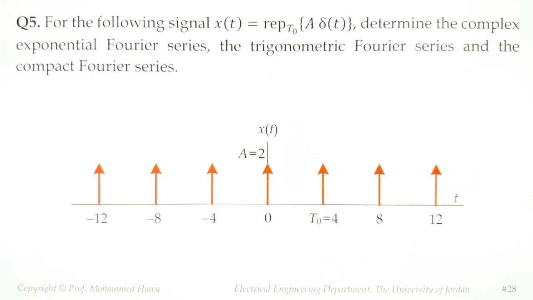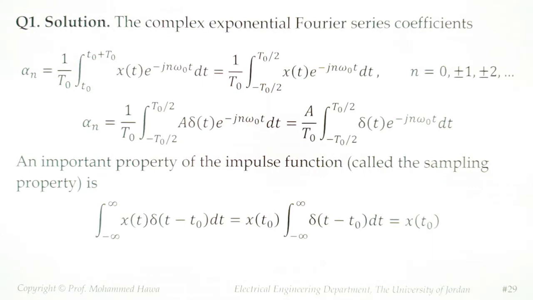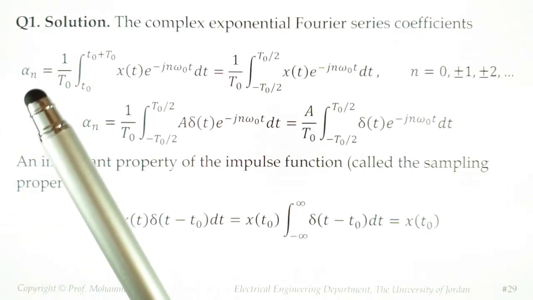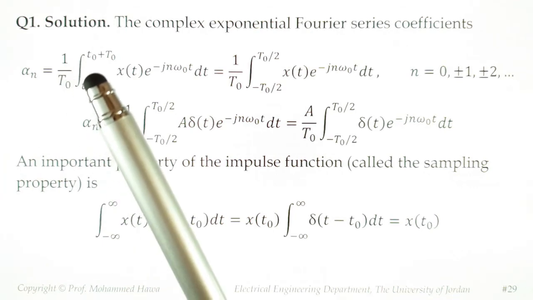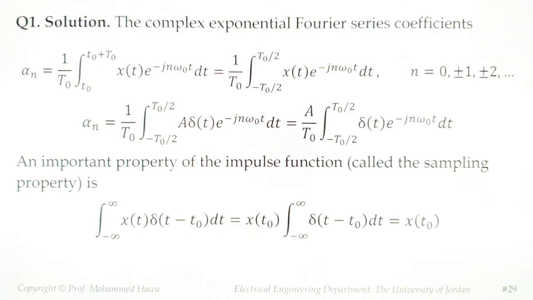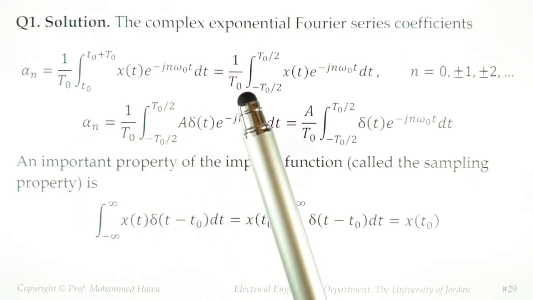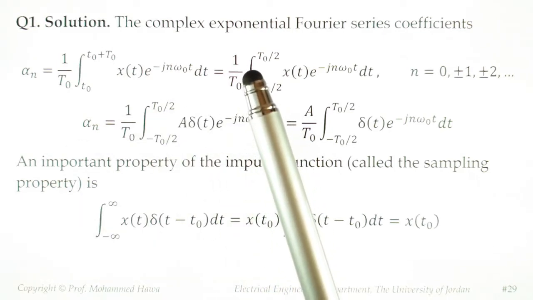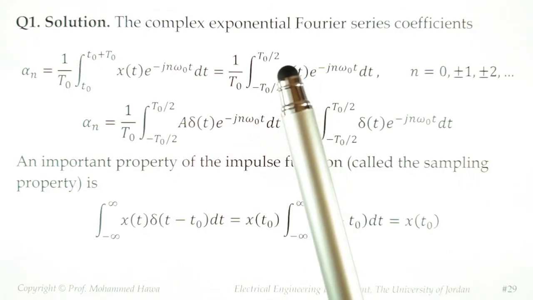This is actually a very simple problem to solve. If you want to solve the complex exponential Fourier series, then you have to evaluate alpha n using 1 over T naught, the integral over 1 period of x of t e to the minus j n omega naught t dt. Where if you do the integral from minus T naught over 2 to T naught over 2, x of t